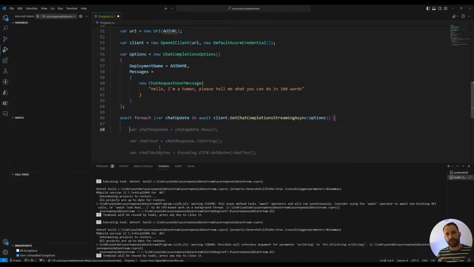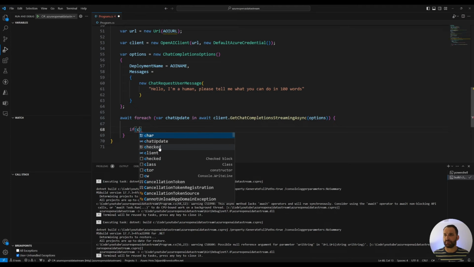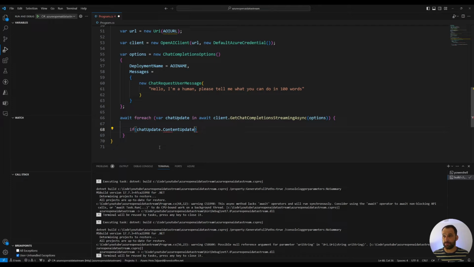Now, if you remember in the video where we started looking at how this works, I'll pin it above so you can see, what effectively happens is the response comes through, the whole object comes through, but not every property of the object actually gets completed. So in the case where it says, listen, this is the response from the assistant, the role is populated, but the actual content is not. So for our initial example, we just want to say, well, if the content is not null, then we can carry on. Okay, so if chat update dot content update is not null, then